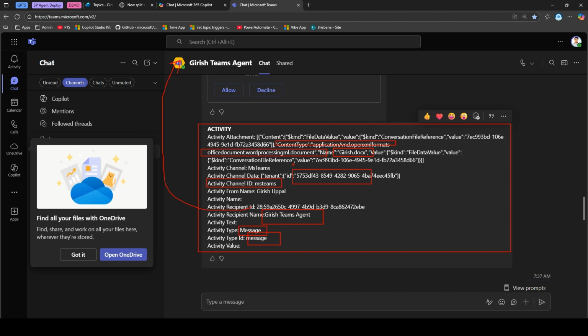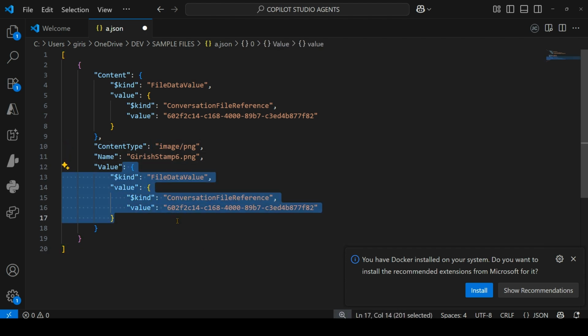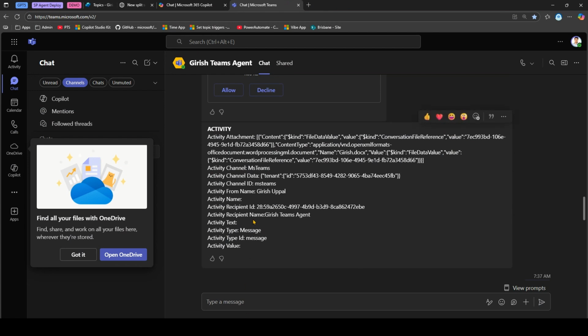So that's it folks. This is how you can explore the activity object. The activity object can be used to extract the content of the file, which you can see from activity attachments. And from here we can extract various other components within the file, such as content type, the name, and the content of the file itself. However, if you want to check some message details, you can get the channel ID, channel data,